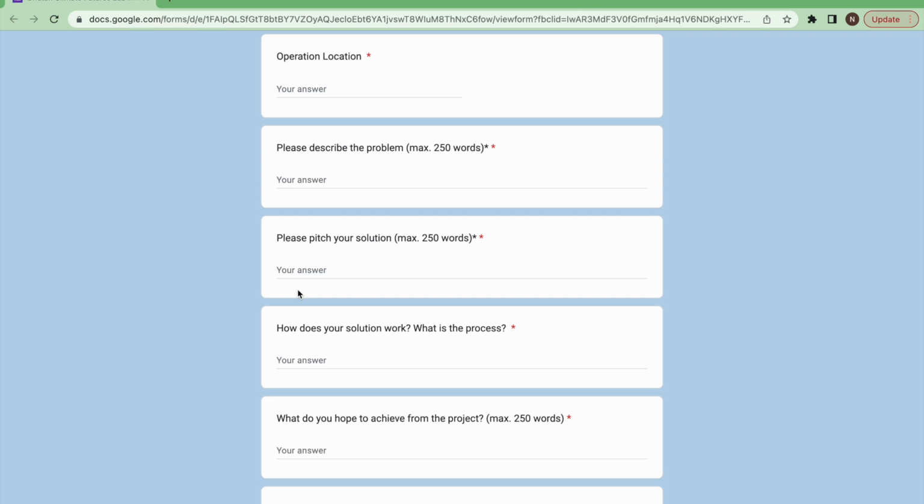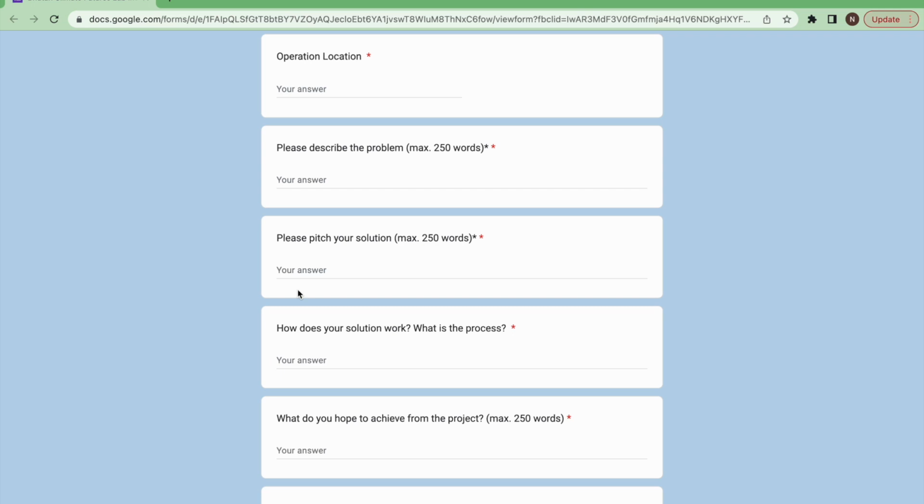And again, we've kept it very brief. You have to do it within 250 words for each section. What is the problem and what is your solution? One suggestion here is to use the SMART method. So S stands for specific, M for measurable, then T for the project being time bound. We do want to see you implement your project within 6 months of receiving the funding, but